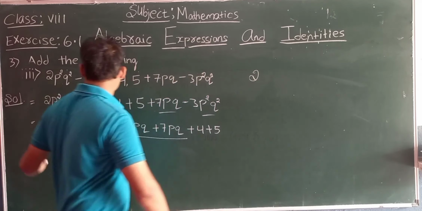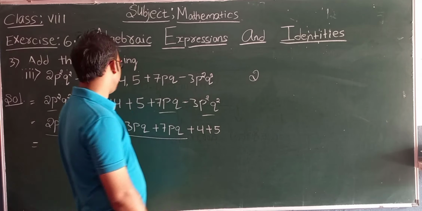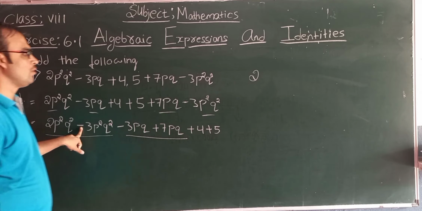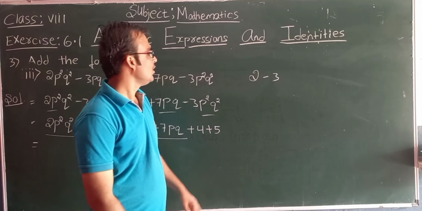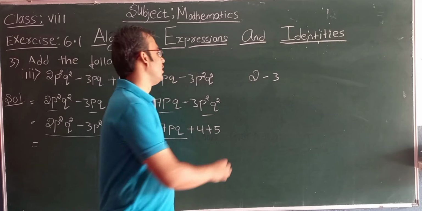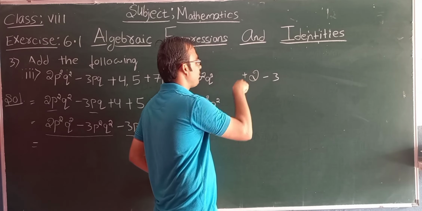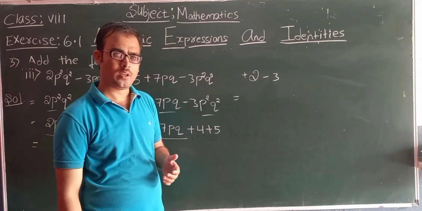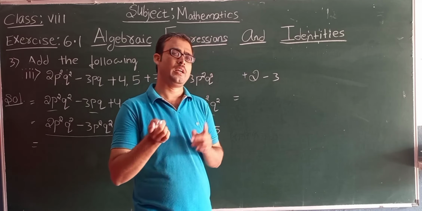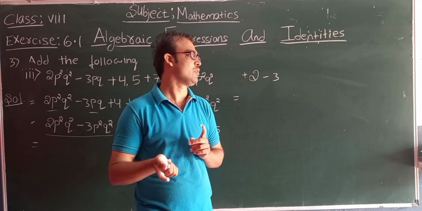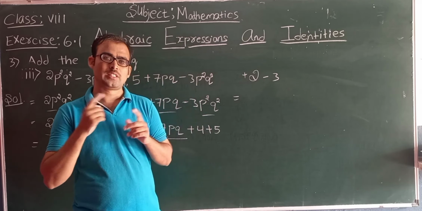Look here. Here nothing is there, means plus will be there, no? So just see here, plus 2, and here minus 3 is there, no? So minus 3. So 2 minus 3. Here nothing is there, means plus will be there. So according to the rule, if there are opposite signs, that is one is plus and one is minus, at that time what you need to do? You need to subtract.